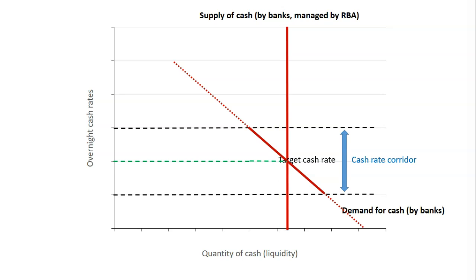So it increases the supply of cash through either buying bonds from the banks, which is actually fairly rare, or by the repo agreements, that is, by borrowing the bonds from the private banks for a specified period of time, and then returning them at a later date. Once this lower cash rate has been achieved, then, all other things remaining equal, the private banks will be able to afford